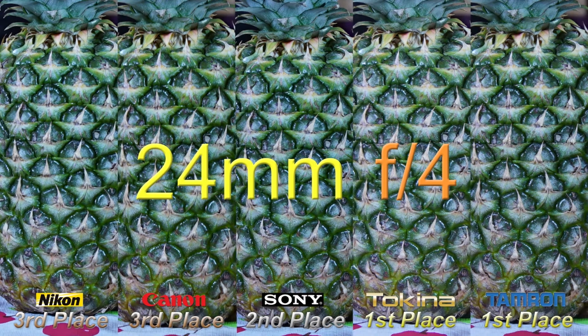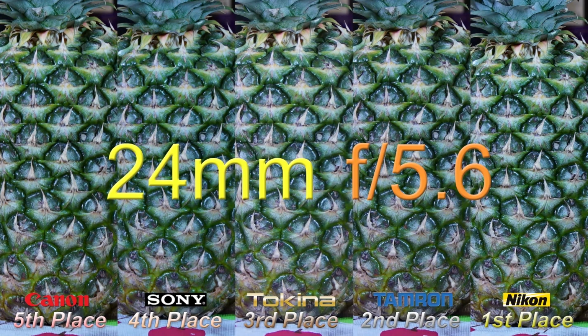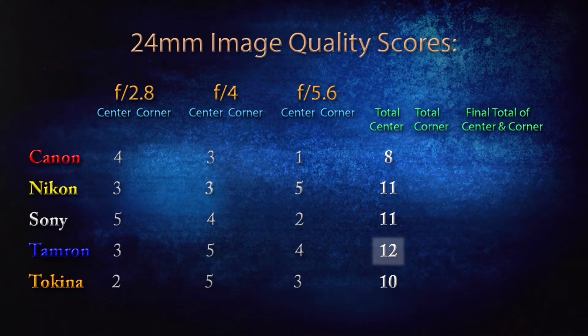Stopping down to f4, the Nikon and the Canon tied for third. The Sony improved a little bit for second, and the Tamron and the Tokina tied for first, as I could not tell them apart. Stopping down to f5.6 had some real surprises. The Nikon came in first place this time. The Tamron continues to do pretty good overall in the center at 24mm, but the Sony and especially the Canon were the dullest. So the Tamron scored the most points in the center of the 24mm test, putting an end